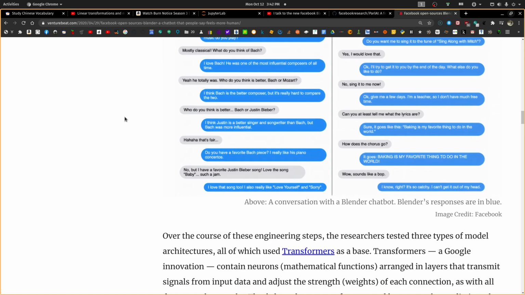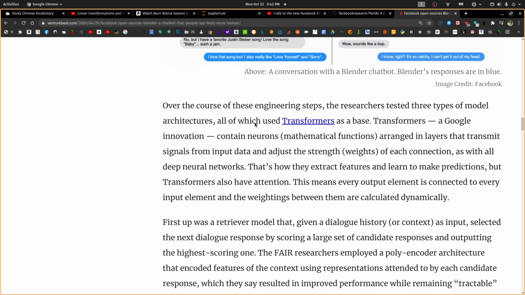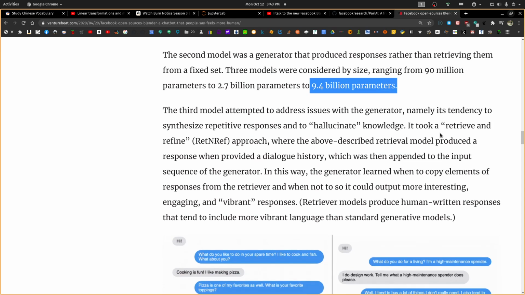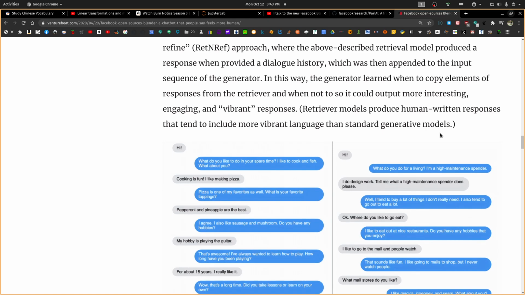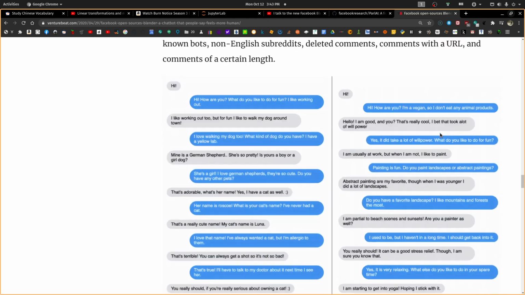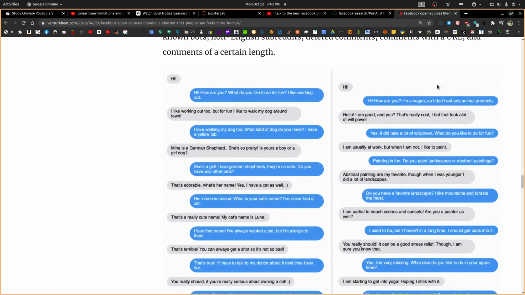So what's involved with this? So this uses a transformer to create the model. It's the same kind of thing that was used for GPT-3. But of course, this model is much smaller. This has 9.4 billion parameters, and GPT-3 has 175 billion parameters. So this is 20 times larger, so that's an order of magnitude times two. And nevertheless, it seems to do a really good job.